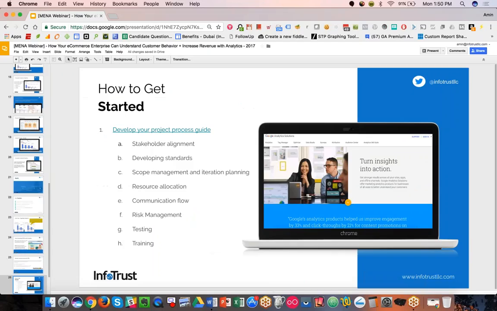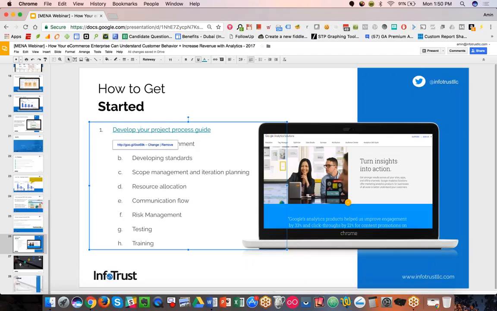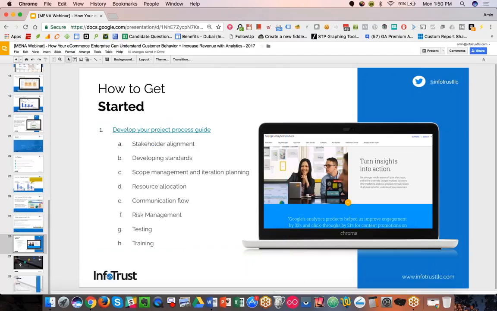So as a takeaway, how to get started. Here's just a couple steps here. We actually have a link which we'll send out with our email follow-up. We have a process guide that we put together to get started with in e-commerce analytics projects. These are just a few steps. It really depends on your organization how you can set up a project, set up analytics, and get this tracking in place. But this is what we generally see as the best sequence of steps to get this rolled out.